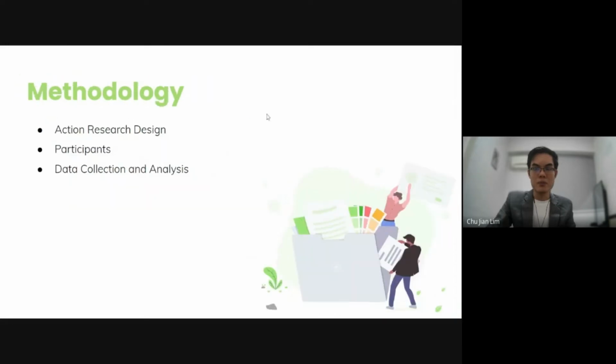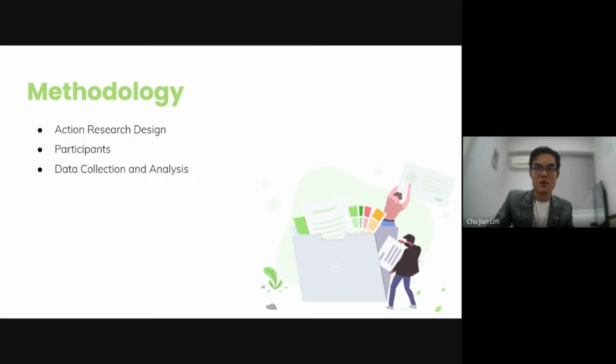Moving on to methodology, this action research was carried out with a qualitative approach by analyzing the issues that occurred during classroom lessons and analyzing the data that were collected. This study uses an action research approach where the researcher first reflects upon their teaching methods by reviewing a video recording of a class that was conducted along with the reflection entries.